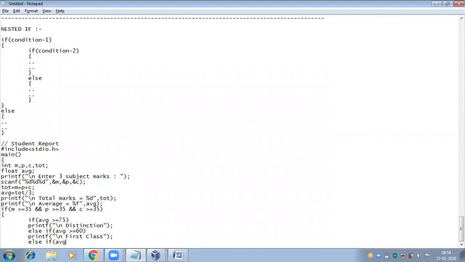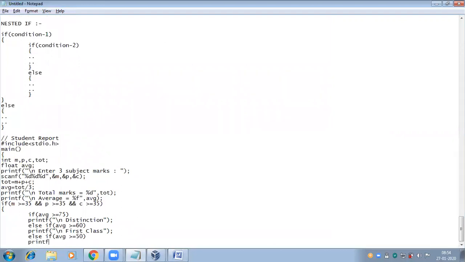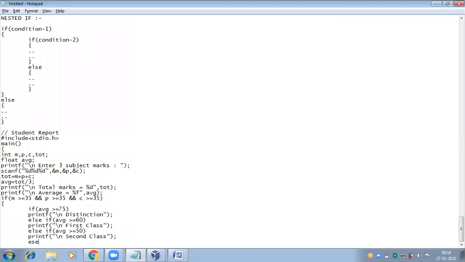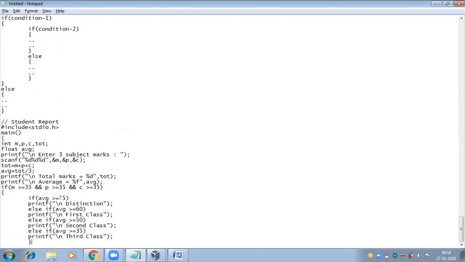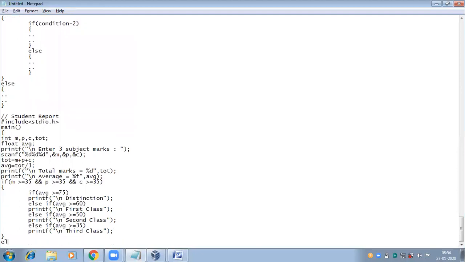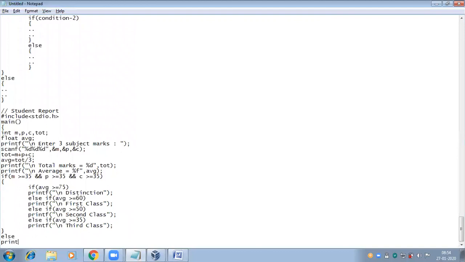Else if average is greater than or equal to 50, then printf second class. Else if average is greater than or equal to 35, then it is third class. Then close. If only the outer if fails, then control comes to the else part.